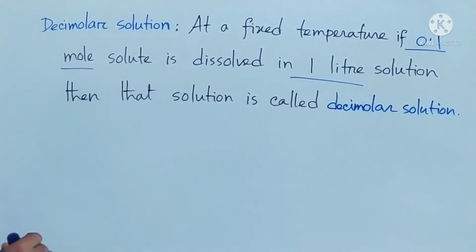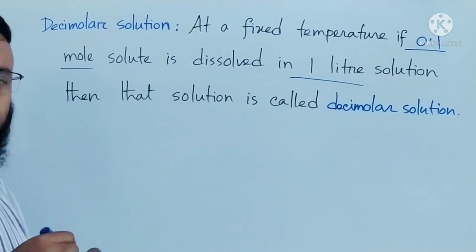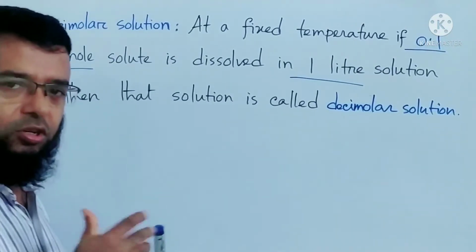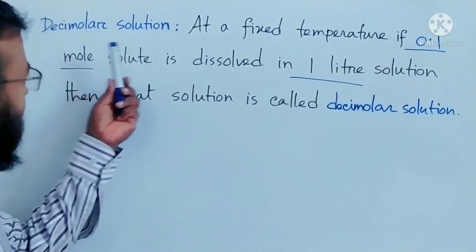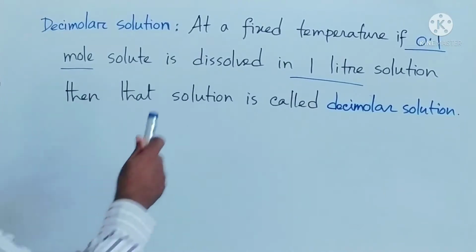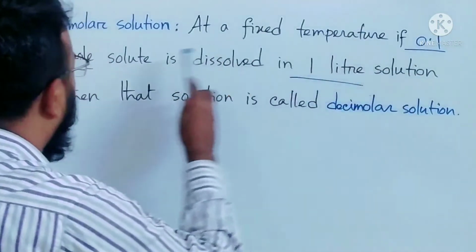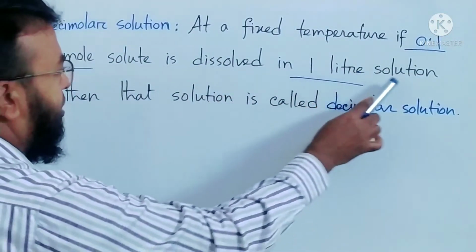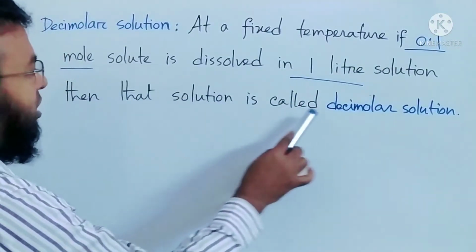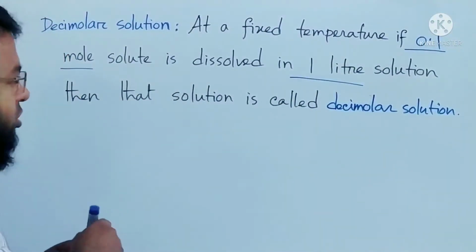Okay, so first of all I have written what is molar solution, then now what is decimolar solution. At a fixed temperature, if 0.1 mole solute is dissolved in 1 liter solution, then that solution is called decimolar solution. Okay, now